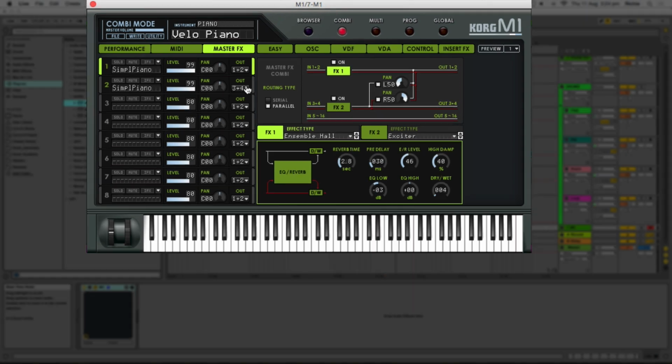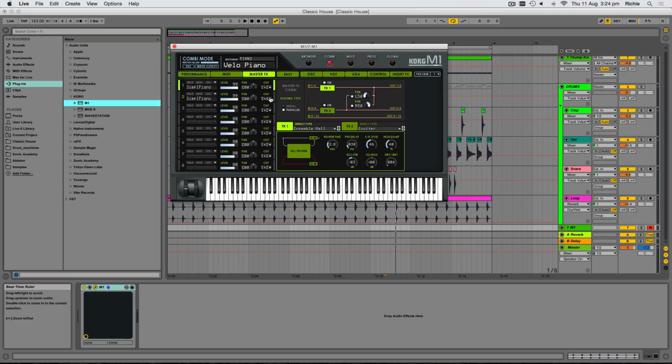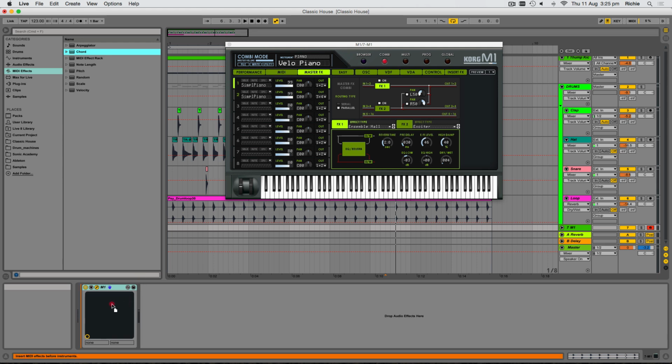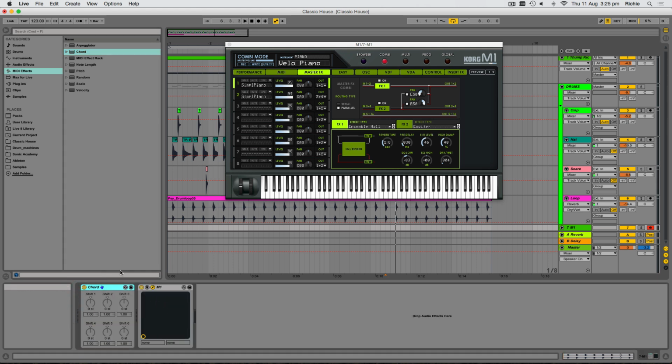So now we've got to come up with our piano line. And if you're anything like me, I've had no lessons in playing the piano. I don't know too much about chord theory either. I've just kind of picked things up as I've gone along. And luckily, there is a fantastic plugin part of Ableton that I use all the time, and under MIDI effects you'll see the chord plugin, and this you kind of drop in before your soft synth,